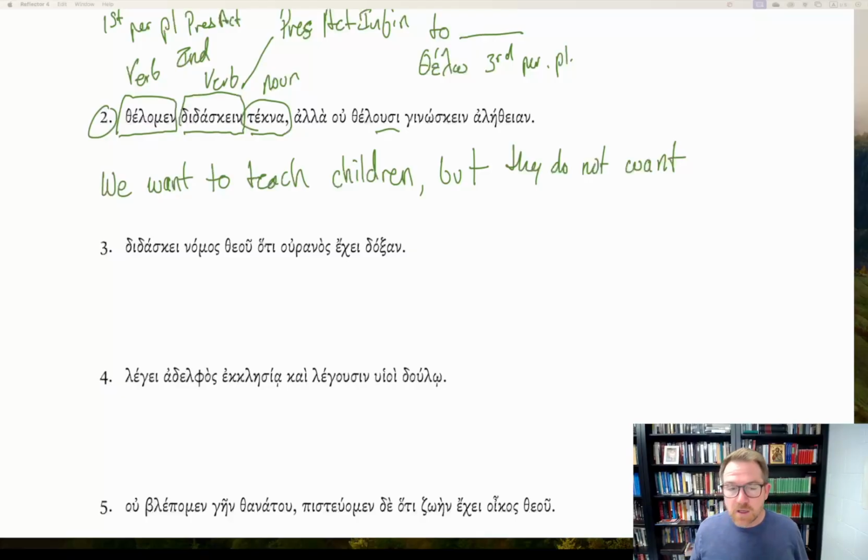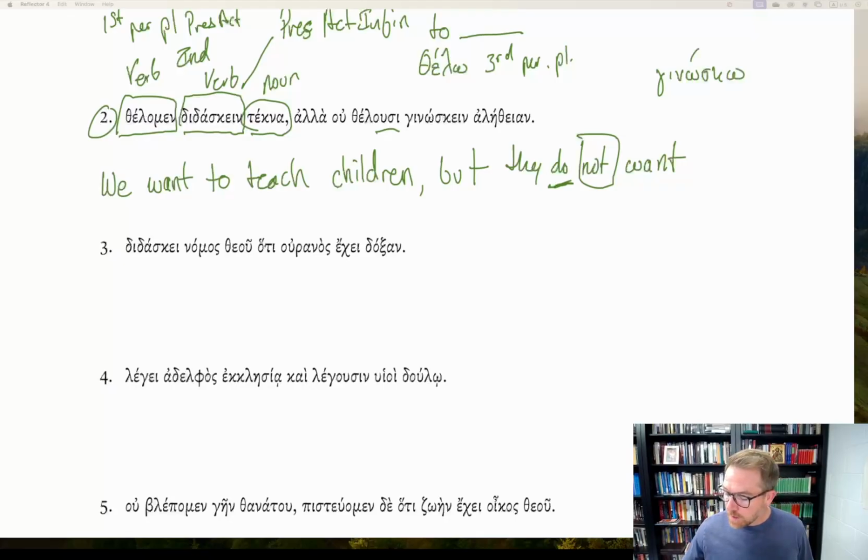ginoskein. So again, thelo is a verb that likes to have a helping verb that goes with it. So we want to teach, but they do not want, and I'm saying do not, I'm adding the do to make the translation of the negation work. Literally, you could say they not want, but that doesn't make sense in English. So you have to add this do not to get the negation on the want verb. But they do not want ginoskein, from ginosko,